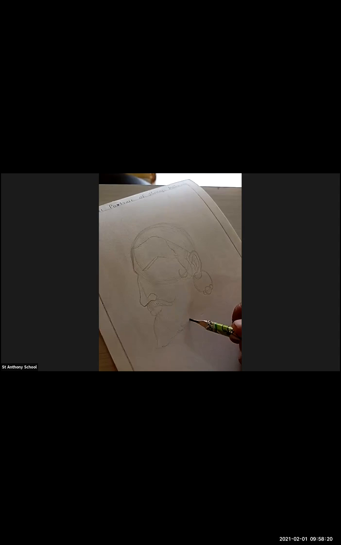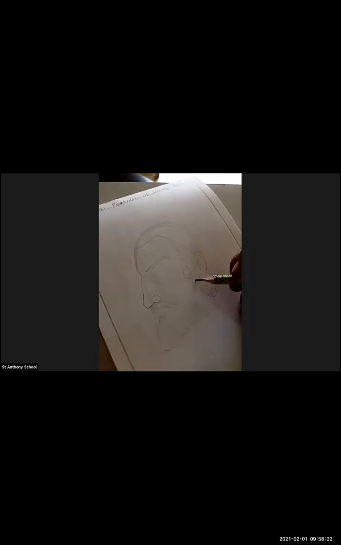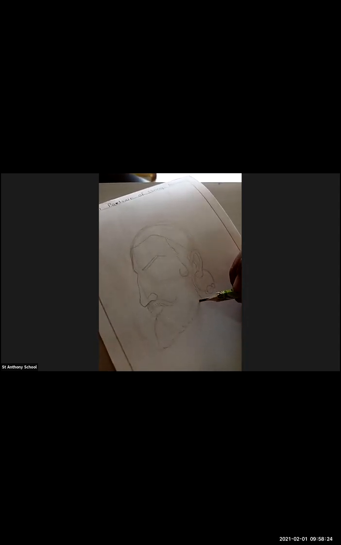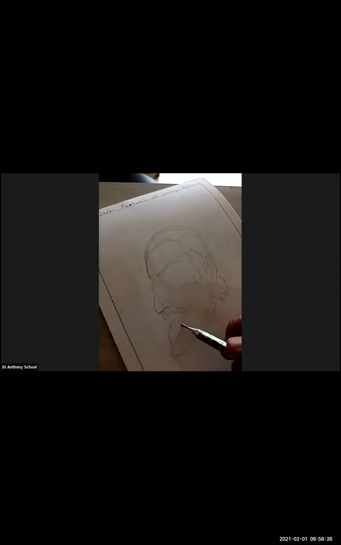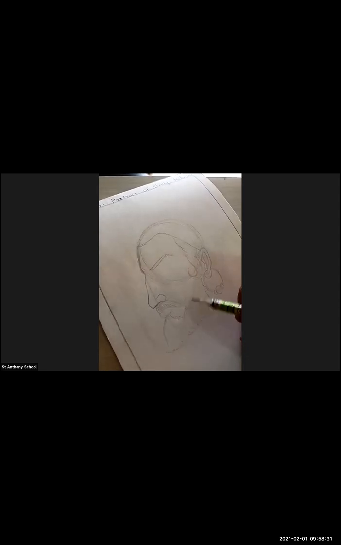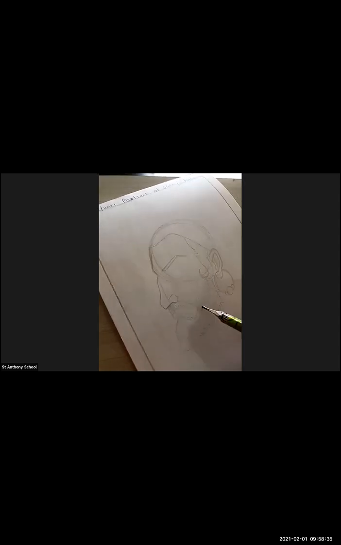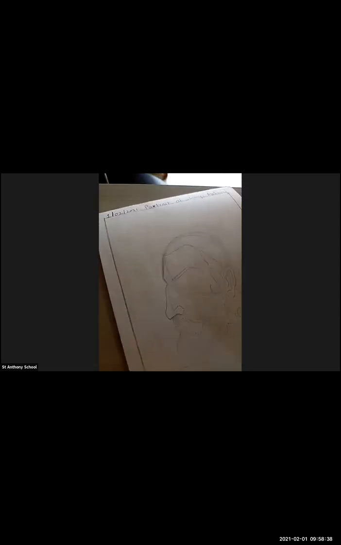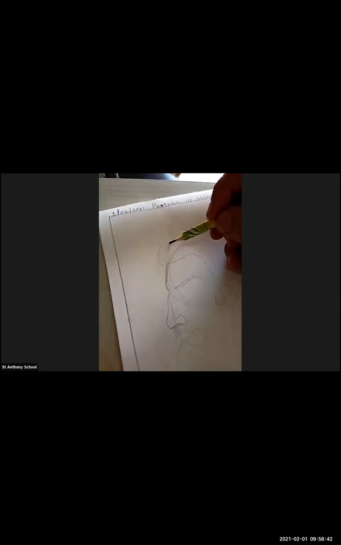In this way you have to do it. Okay. Just look at this. Here comes the beard. Yes. Here comes the beard of Shivaji Maharaj. And now here I'm going to start making the cap.